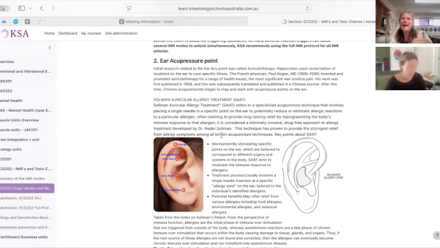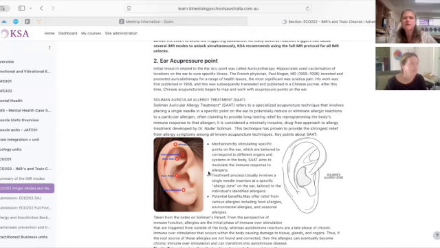So it became called an allergy ear acu point, but it wasn't necessarily acupuncture or acupressure that was the origin of it. So there was also, if you look up this fellow Nader Solomon,